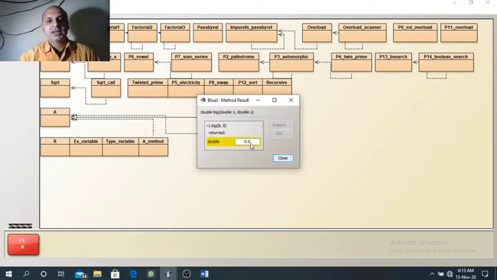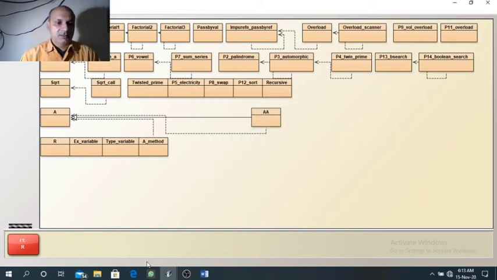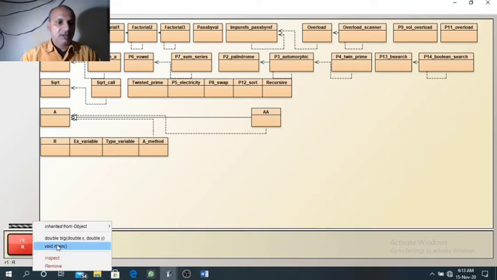So here you can see the return value is 0.0. Now we can run main also.